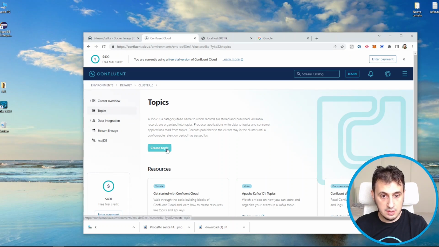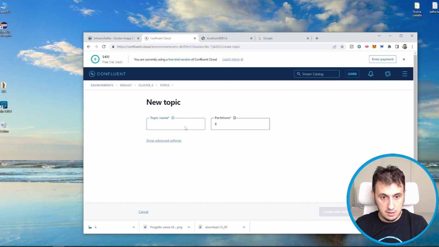We can create a topic, for example, topic 2 with 2 partitions. At the moment, the number of partitions is not important. It will be important in a future use case, but not at the moment. So we can just create a topic 2 with 2 partitions.